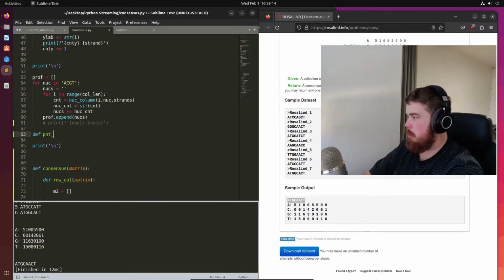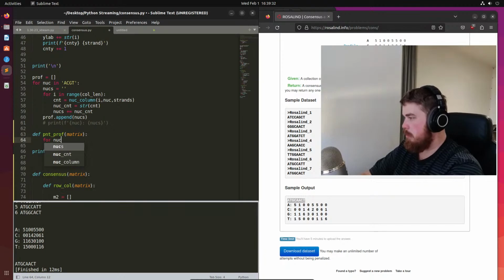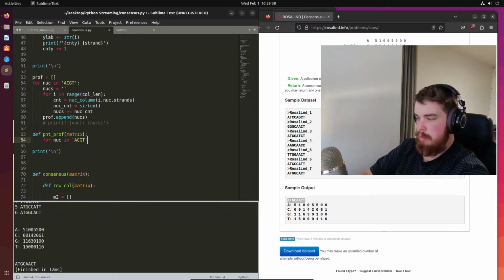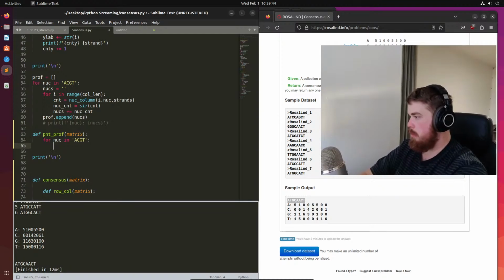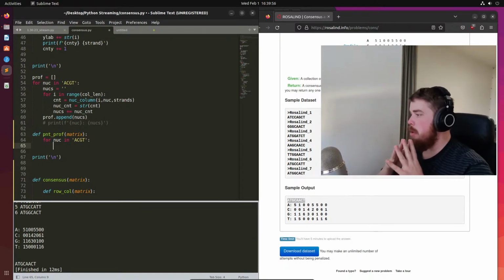Print prof. I don't know if this is a good idea. Prof. For nucleotide in that string,